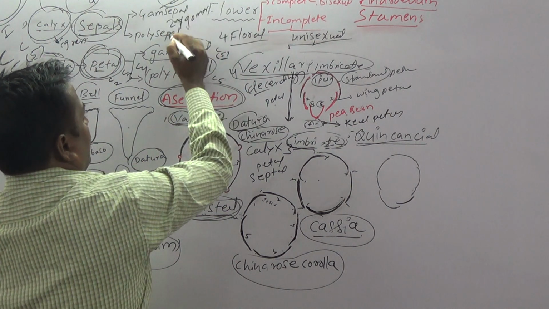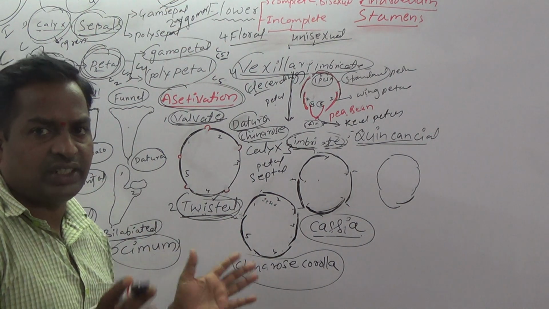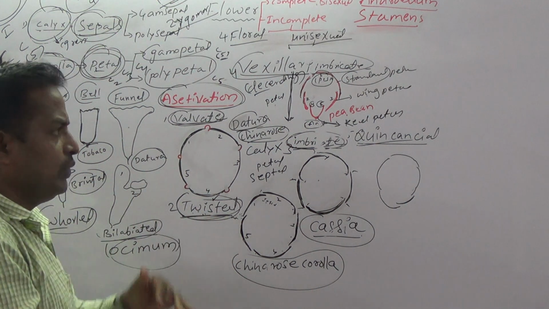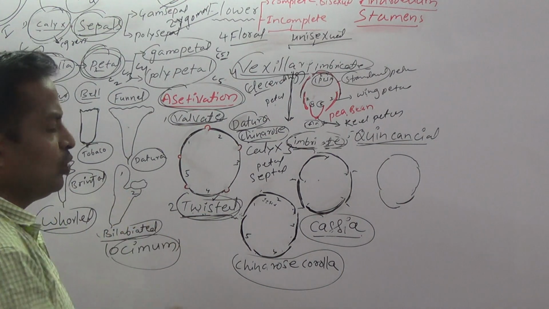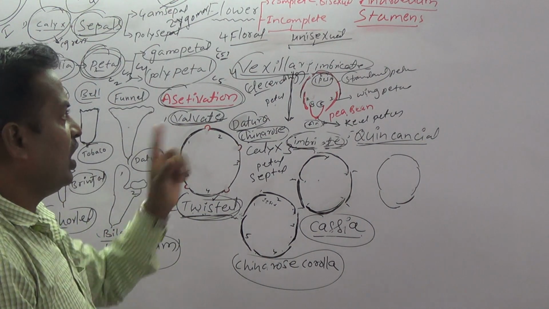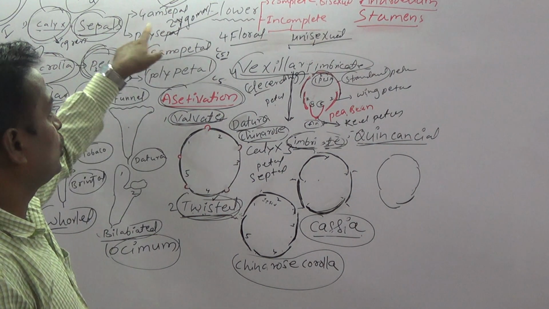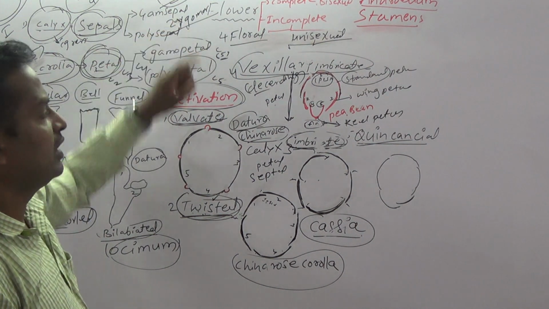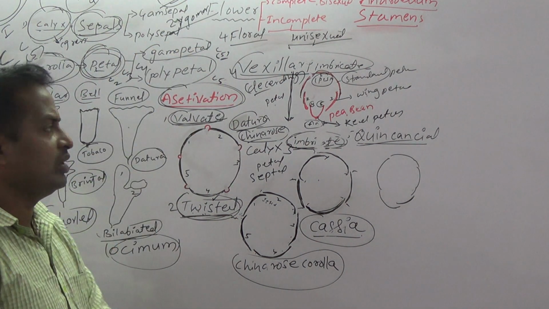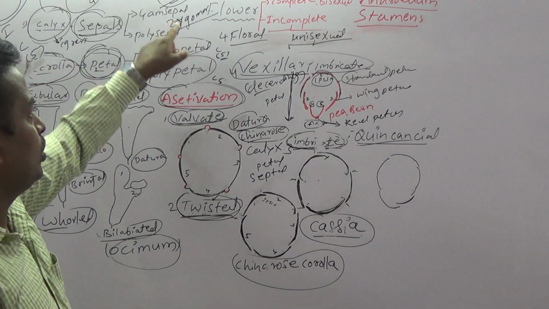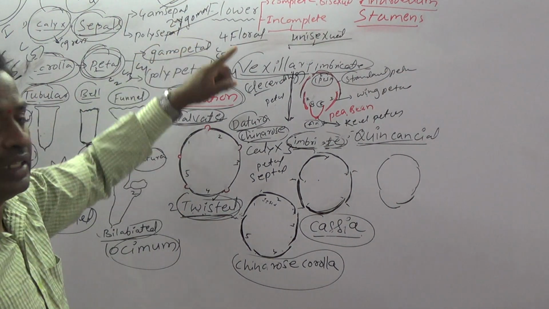So the meanings of actinomorphic and zygomorphic are important. In an asymmetric flower, the flower cannot be cut into 2 equal halves in any direction. If you cut the flower into 2 equal halves in any direction, that is actinomorphic. If only in a particular direction, that is zygomorphic. If in no direction do you get 2 equal halves, such flowers are called asymmetric. Zygomorphic examples: pea, bean, cassia. Asymmetric flower: Canna indica.